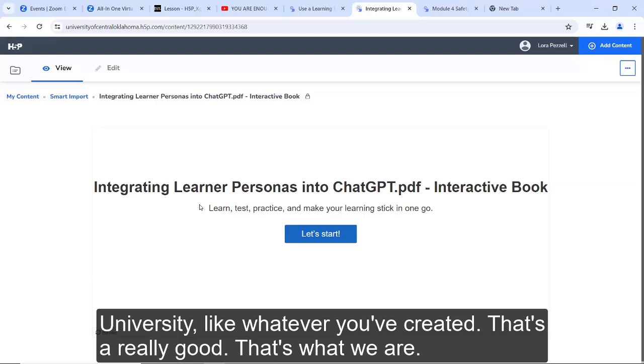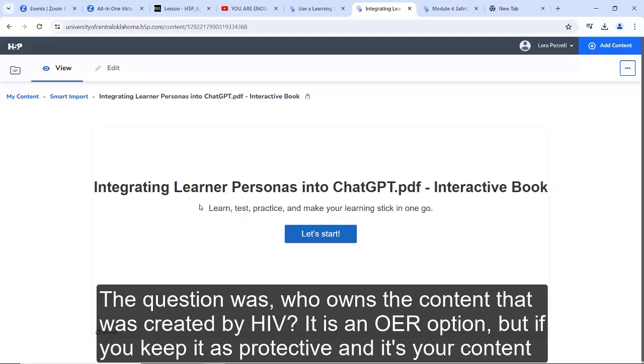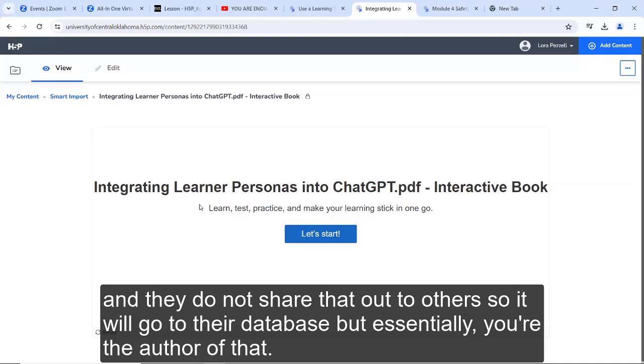The question is, who owns the content that's created by H5P? It is an OER option, but if you keep it as protected, then it's your content and they do not share that out to others. It will go to their database, but essentially you're the author of that.